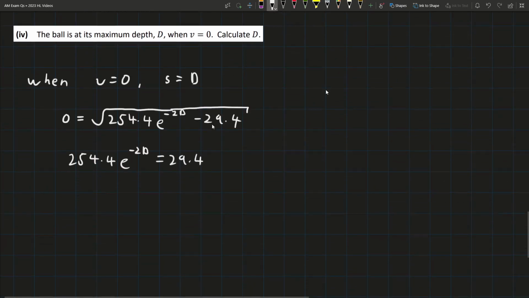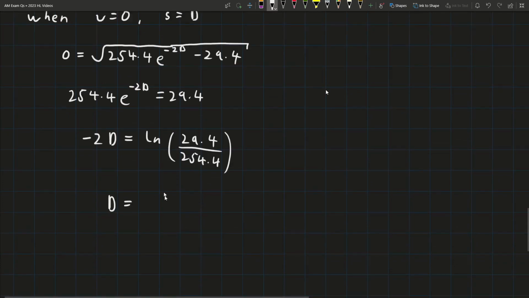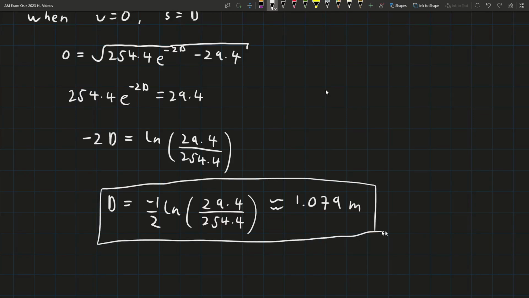Then again, we're just skipping steps. Divide by that 254.4, take the ln on both sides. Minus 2d will be equal to ln of 29.4 over 254.4. Then finally divide both sides by minus 2, and we get that d equals minus a half times the ln of 29.4 over 254.4. Throw that into your calculator, and that gives us an answer of approximately 1.079 meters. And that quantity is positive because remember we took downwards to be positive, so it's 1 meter downwards,